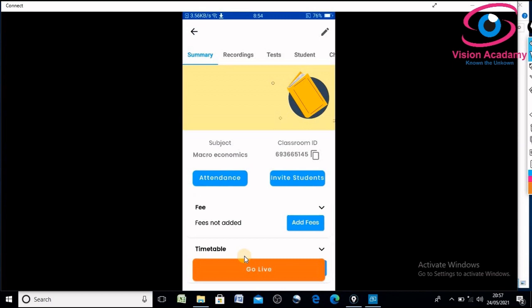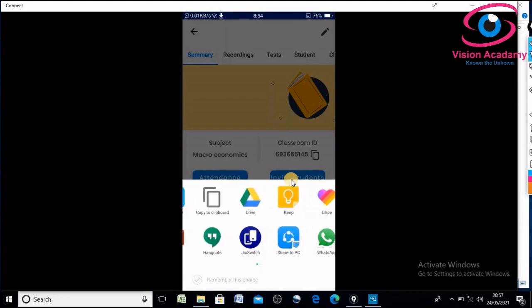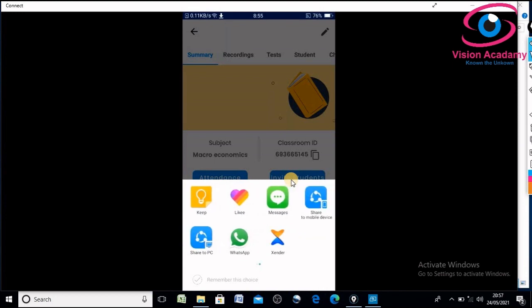So now very firstly, you need to invite students. Here you can invite students by clicking here. So I clicked there, and through social media I can invite from Facebook, email ID or whatever. You can just copy to the clipboard and send it to your students, so that once they download the app and click on the link they can also join your class. And it is a one time joining. Unlike other apps, you don't have to join and you don't have to schedule every time. It is a one time join.